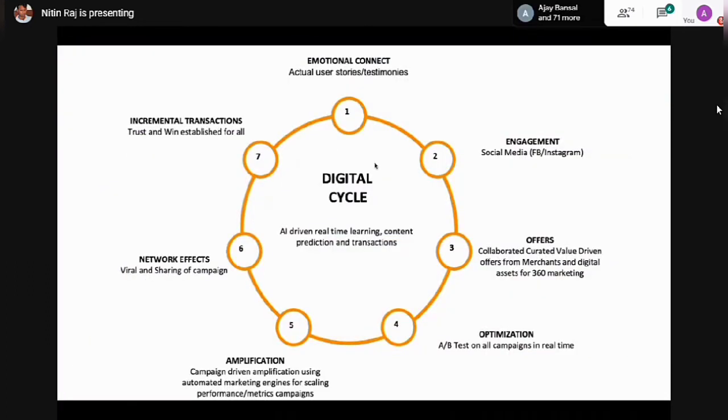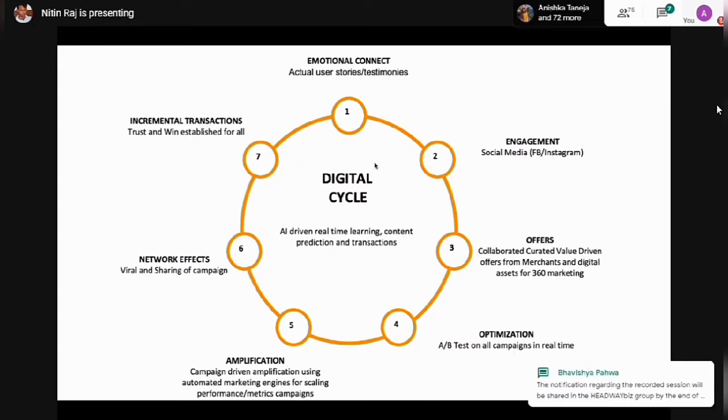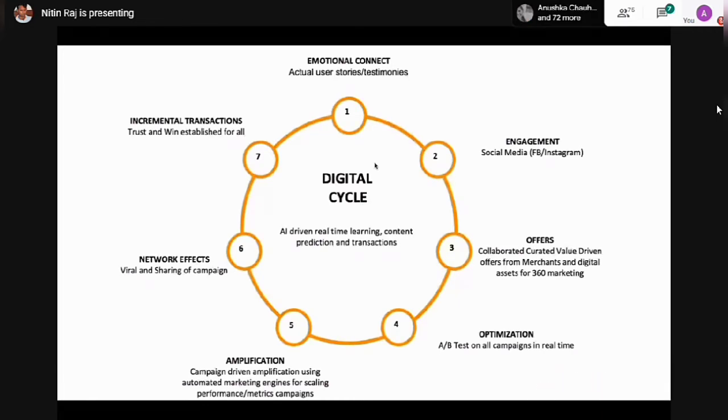I just wanted to ask one thing. It's mentioned in this slide that engagement is written. So, sir, to what extent do engagement levels matter in digital marketing? To what extent is engagement useful to us?